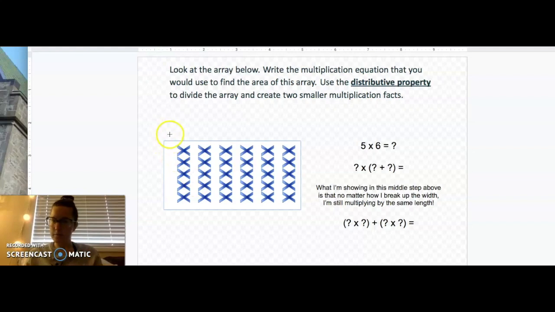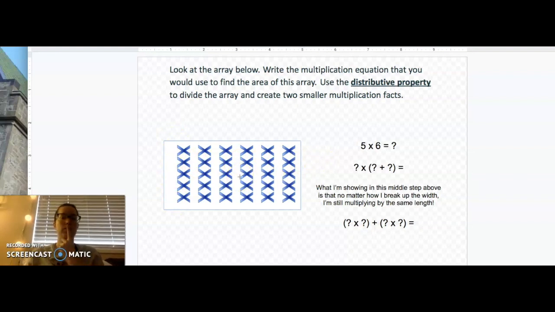Okay. So I'm not going to change my length here. I'm just going to break up my width. What would be a good way to break this up? Well, I know 5 times 3, right? So maybe what if I broke this up into